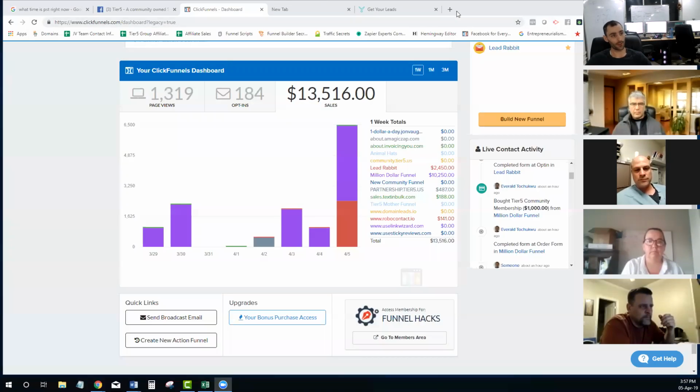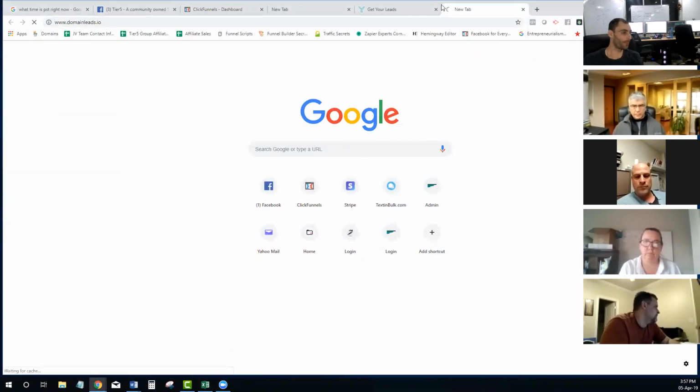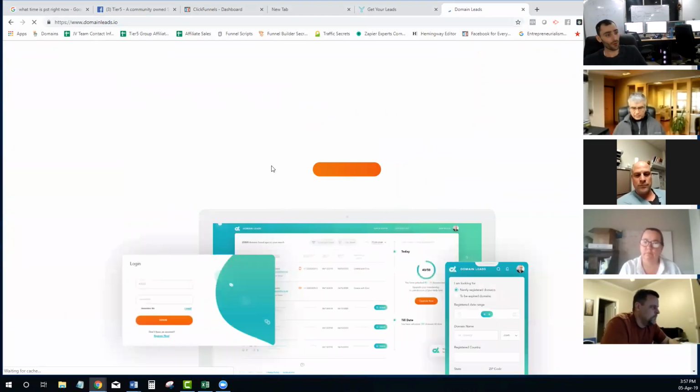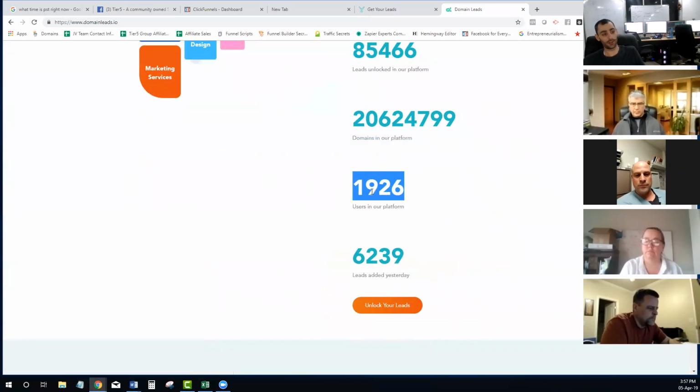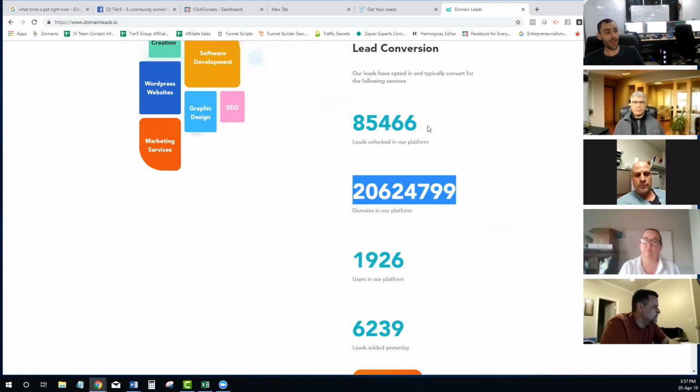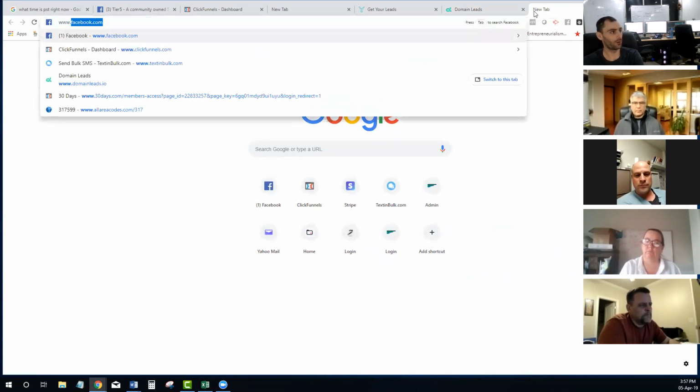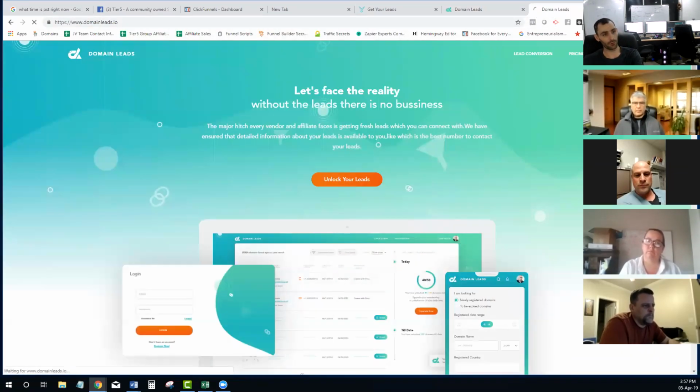If you look at the softwares that I've redesigned, and all the other ones that are getting redesigned, that feature's already built into the platform. For example, if you look at domain leads, you can already see the amount of users that are in the platform. If you add more users, this changes. You can see the number of domains in the platform, and the number of leads that have been unlocked. So if you just go into domain leads and log into some account,